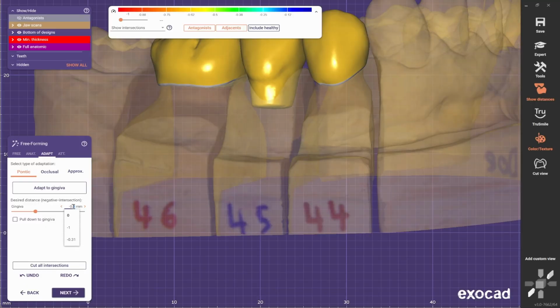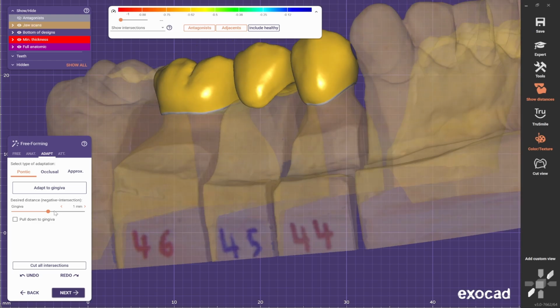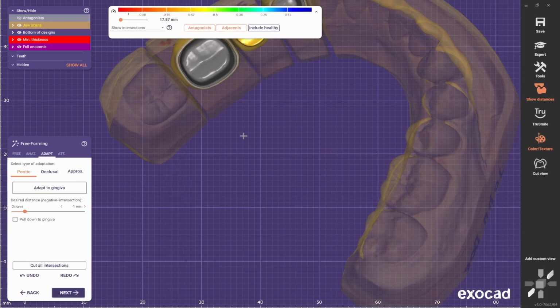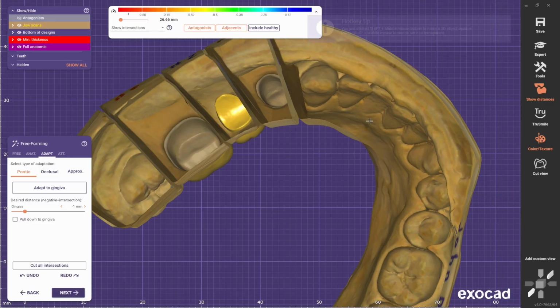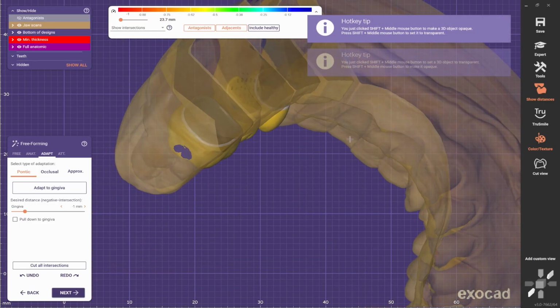and we're going to make some pressure on the soft tissue. I'm going to go with 1 millimeter. Go Adapt. No, actually it's the other way around. We're going to do minus 1 millimeter, so we are sure that there is going to be some pressure. There you have it. So you can see the Pontic is putting some pressure on the tissue, but now it's